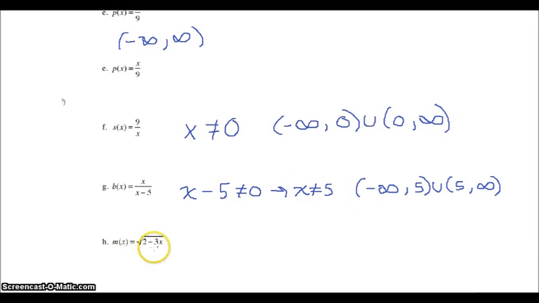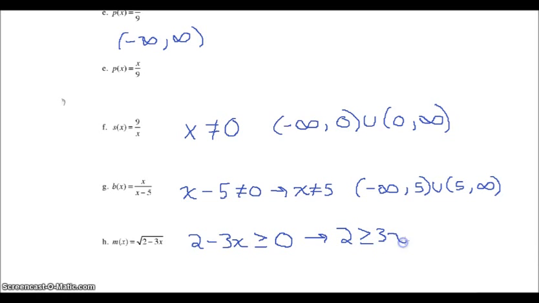And last but not least, m of x equals square root of 2 minus 3x. Again, we have a square root. We know that it can't be negative. So what's inside that square root, this 2 minus 3x, is just going to be a number. We just take some number x, multiply it by 3, subtract that from 2. We know that that resulting number has to be positive. It can't be negative. If we solve this inequality for x, say by adding the 3x to both sides,